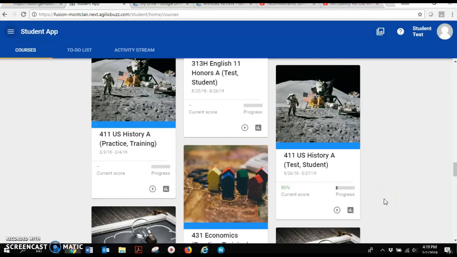I'm going to show you how a student can make notes directly into their Buzz course. Right now I'm on a student view on the home page, and pretend that I'm a student and I just walked into my US history course. So I'm going to click in the course,